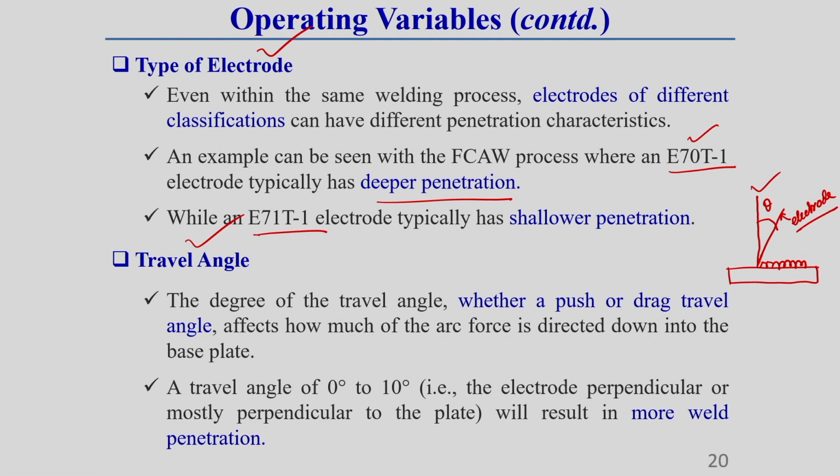So, this travel angle plays a very important role in penetration. These things you keep in mind. This travel angle can sometimes be a drag type of travel angle, and sometimes a push type of travel angle. What I am telling, understand? That I will discuss in a subsequent slide in detail. Okay. Now, generally just keep in mind, for welding of better penetration, this travel angle should vary from 0 to 10 degrees. Just keep this in mind.